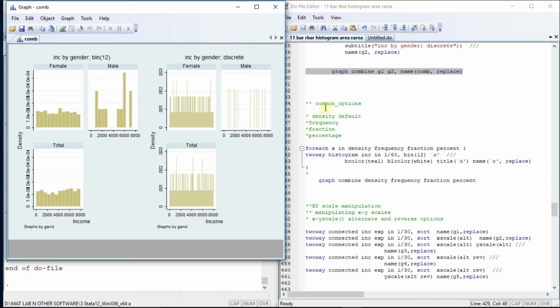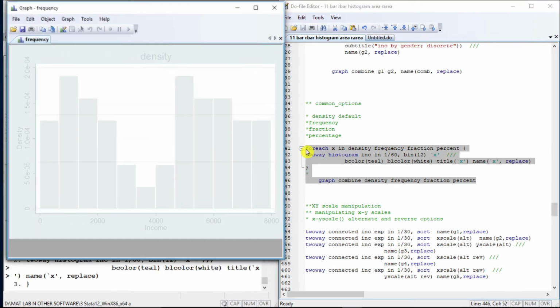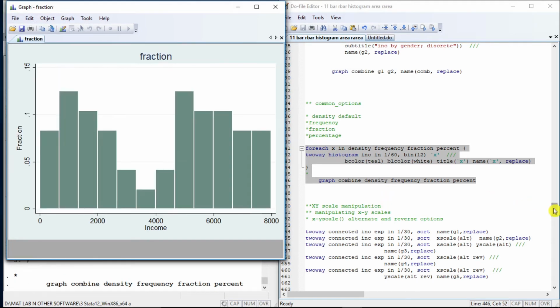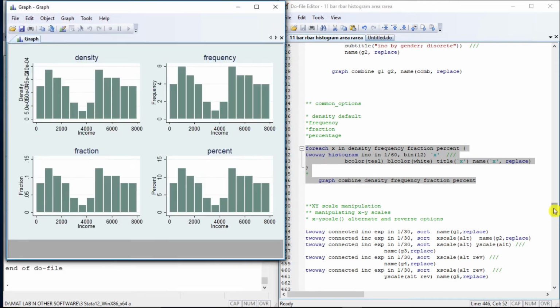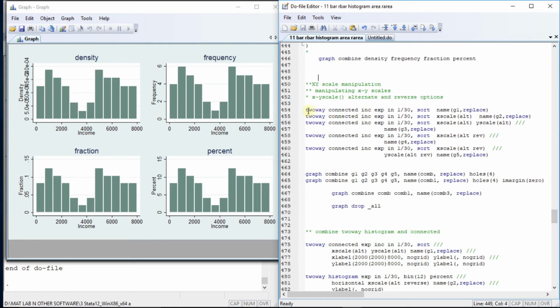These are, let us now explore density, frequency, fraction, and percentage. And if we focus on our y-axis, there is a loop for it, and this will change the scaling of y-axis: density, frequency, fraction, and percentage. Now let us manipulate the labeling or